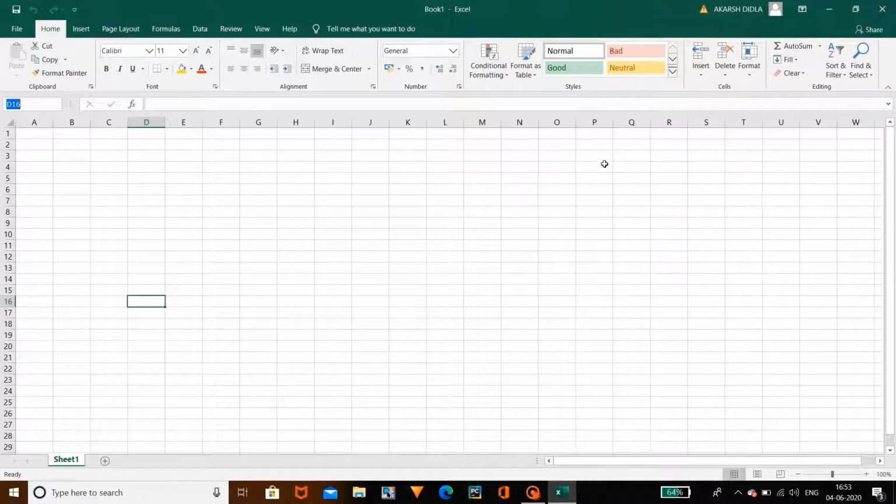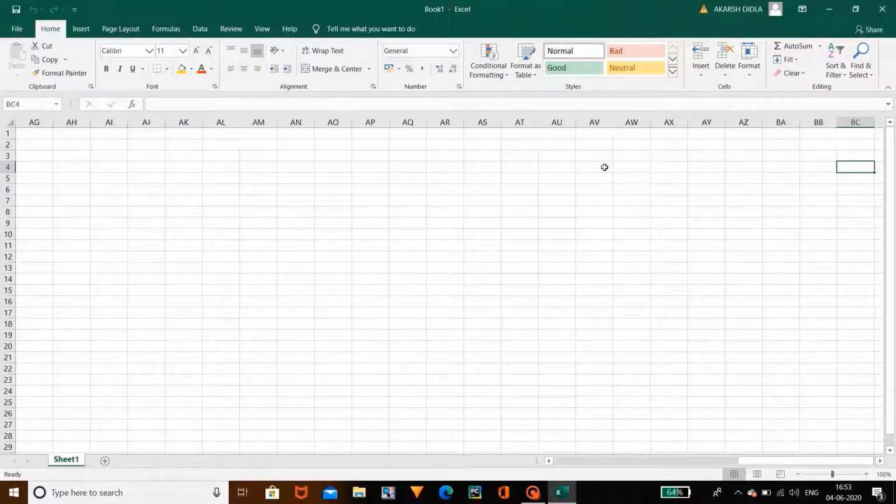Let's take another example. As you selected this cell, that means it is column P, fourth row. You can name it like this, P4. Why? Because in this Excel you have a number of rows and a number of columns. For naming the cells, we do it like this.